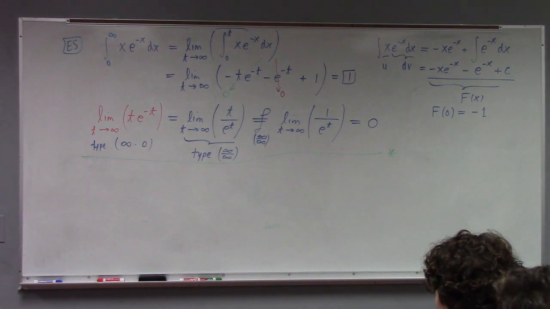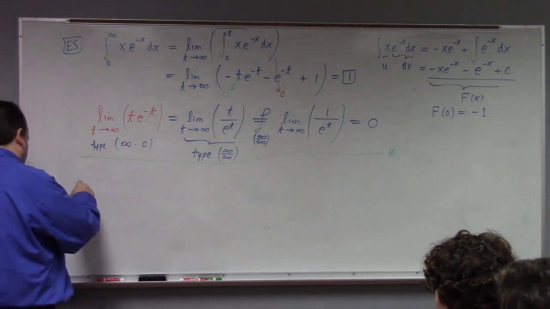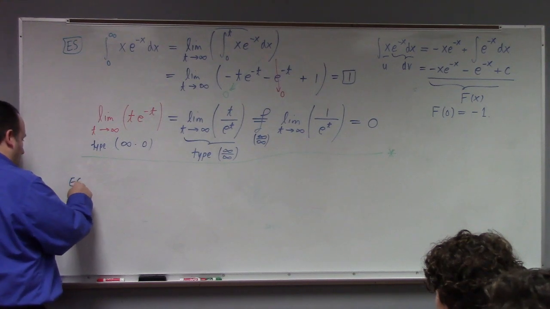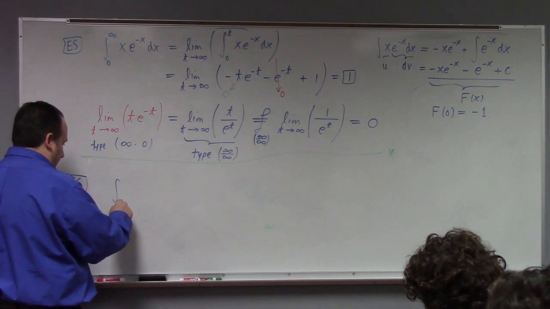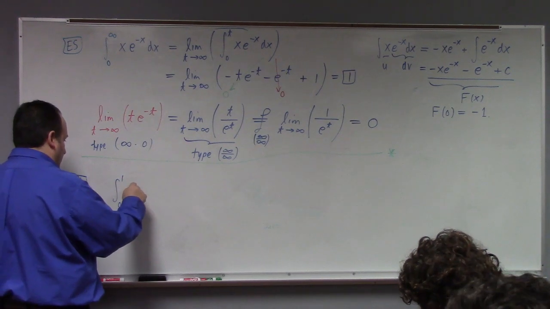Was it one of the types of infinity minus infinity, and you had to work it out? Oh yeah, another one. That was one of the problems that we had, infinity minus infinity. Here, we'll look at another one. How about this? Integral, say from 0 to 1 of